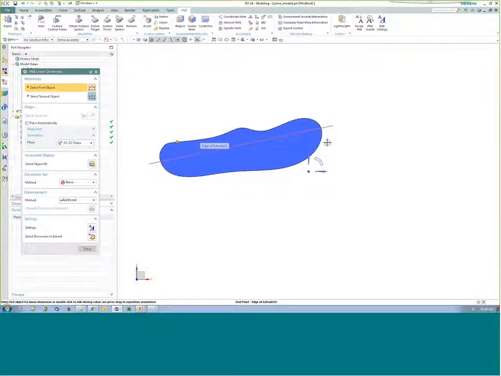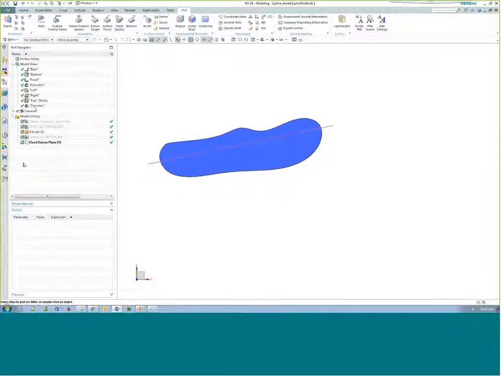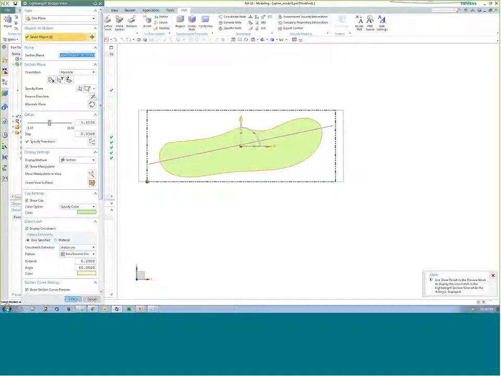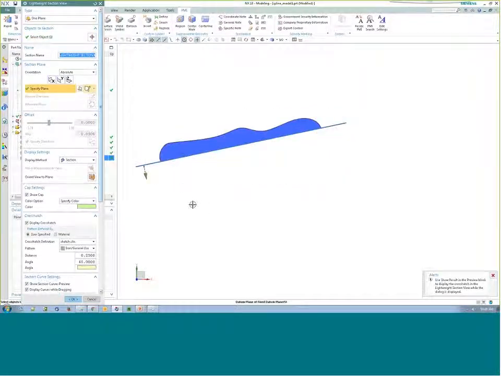it's not really possible to grab a point on the spline without having created a point ahead of time. So it's just a function of the PMI tool and the spline tool, or the way a spline works. It's not very easy to do that. But there's a cool little workaround or feature related to that. If I create a lightweight section view, and I've already got a plane selected where I want to create that,